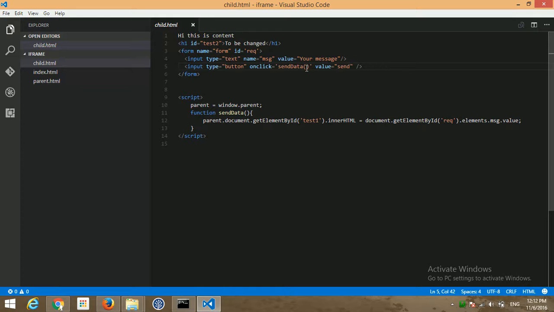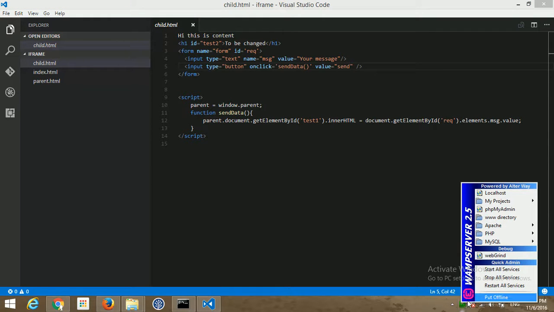Now for running this, we need to run the index.html file. If you want to run it in Mozilla, then you can do that without a WAMP server, but I tried to run it in Google Chrome. In Google Chrome you cannot do that without a WAMP server. So WAMP or XAMPP, if you have any one of them, then run the WAMP control panel. This WAMP server is currently online. If it is offline, then it shows red color.